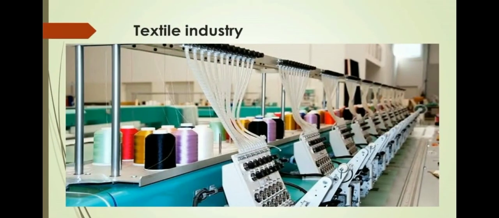Next one we will see about the textile industry. The United States is the largest producer of cotton textiles. The industries are mainly located in Texas, California, Arizona, Mississippi, Arkansas and Louisiana. Toronto, Cornwall and Kingston are the major centers in Canada.